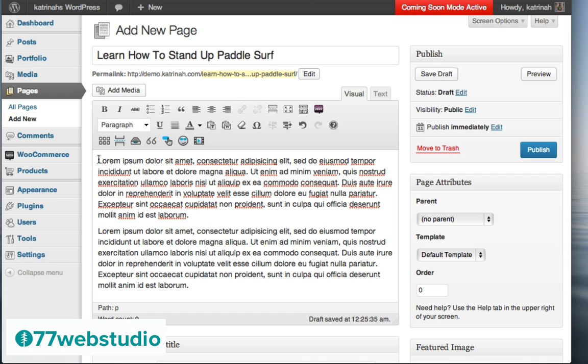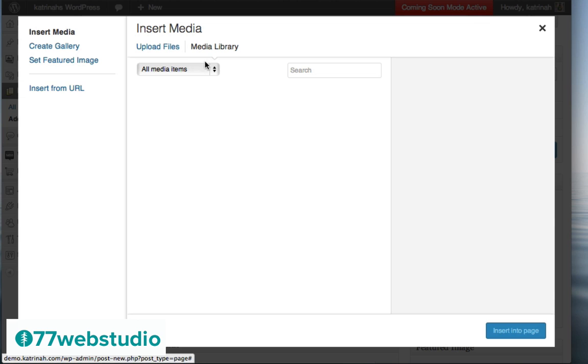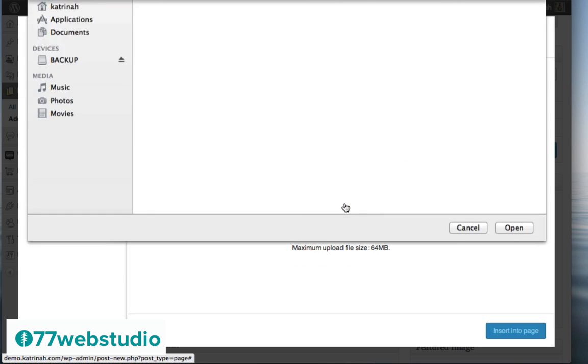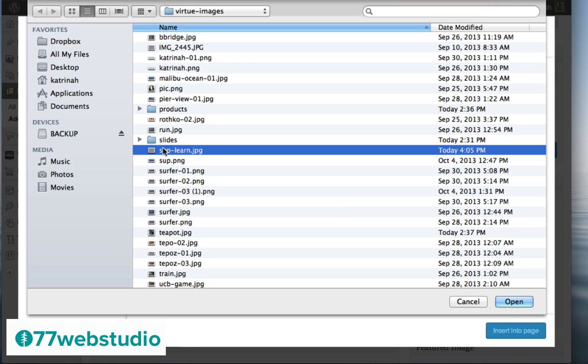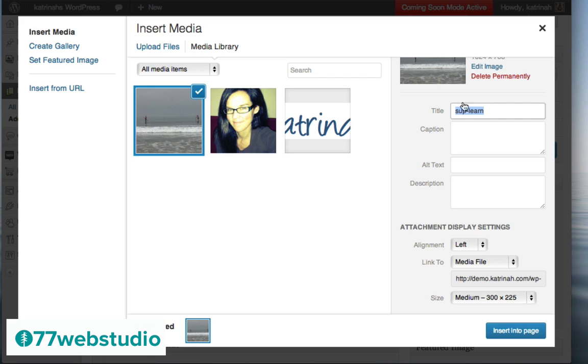And as we did previously, I'm going to add an image to this content. So I'm going to place the cursor right to the left of the L in this word, and I'm going to click on add media to add some media. Next, I'm going to click on Upload Files and then select Files. Then I'm going to find the image that I want, this one right here, and I'm going to click on Open. And as we did before, we need to give our new image a title and an alternative text.